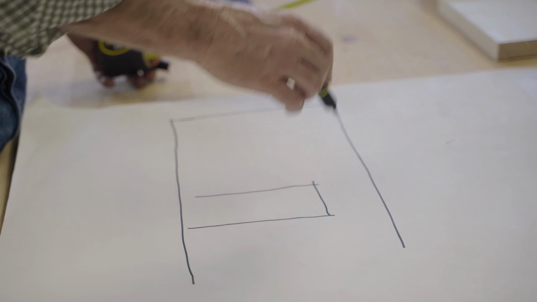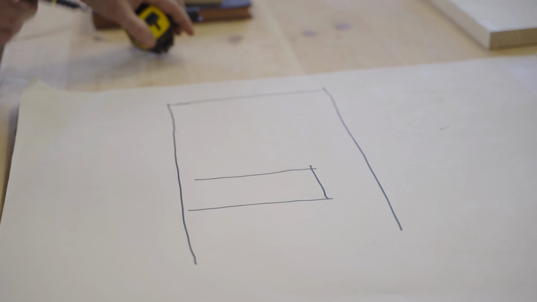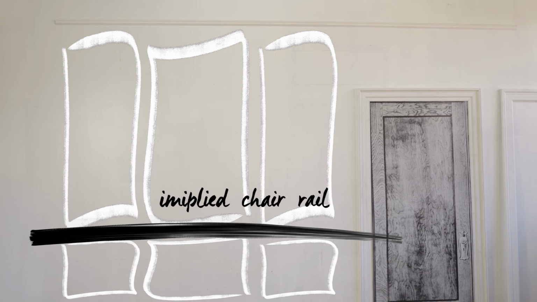How do we proportion this space and what do we make it look like? Now, I've said in my other video about the height of chair rails that I hate a chair rail when it gets to 3 foot. I think it looks messed up. It ruins the proportion of the room. So just like in those classical rooms, I'm going to imply a chair rail and a height there that's going to establish my proportion. Now, essentially, I'm going to have a lower panel down here, and I'm going to have